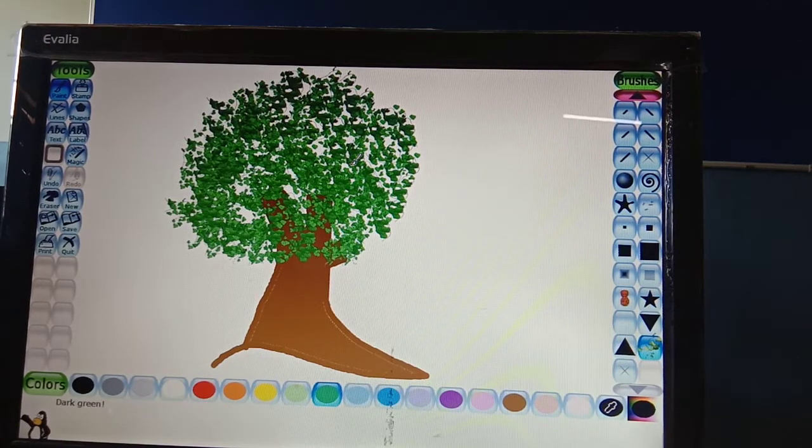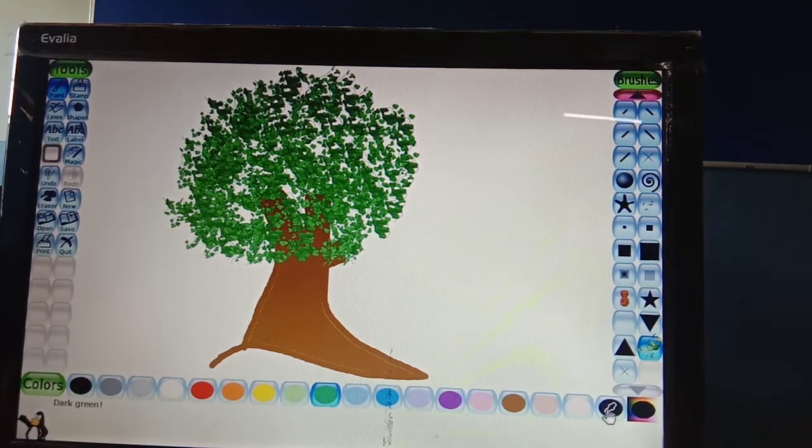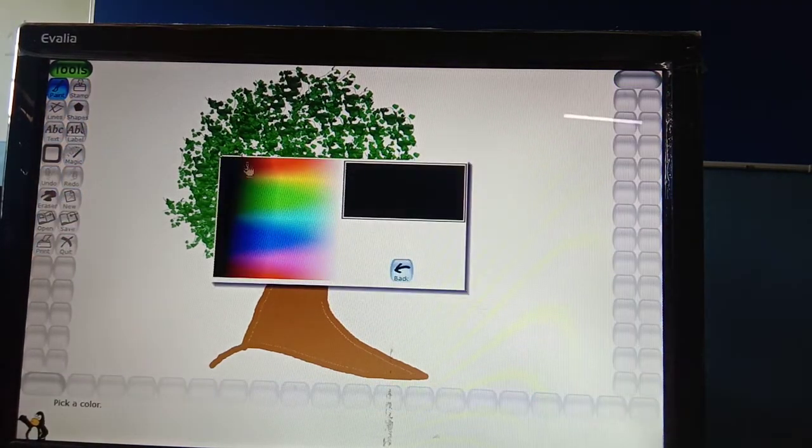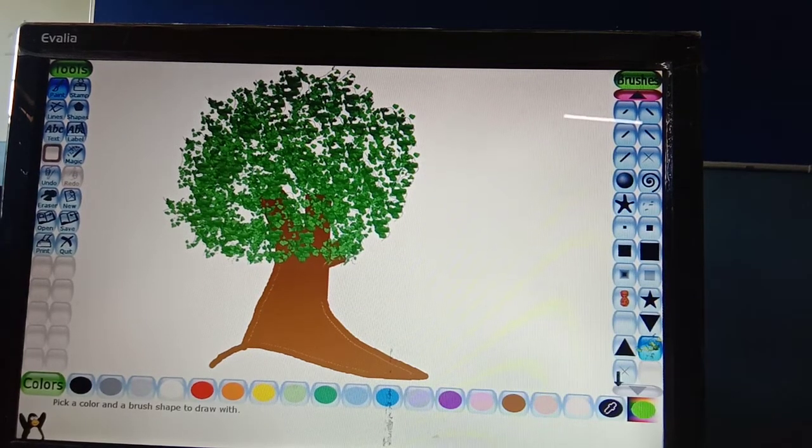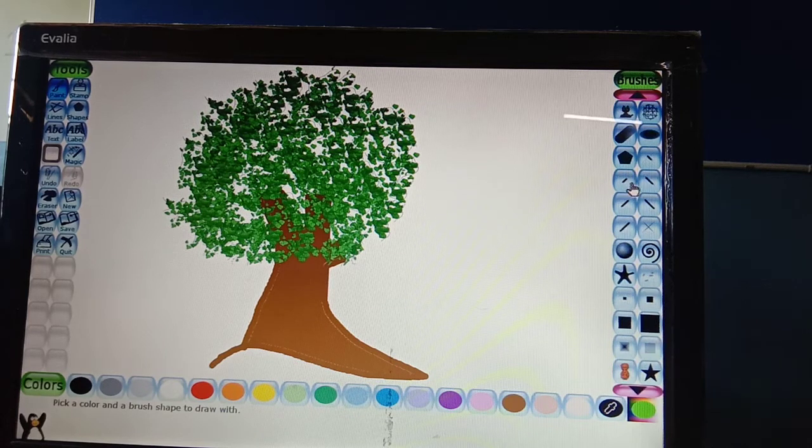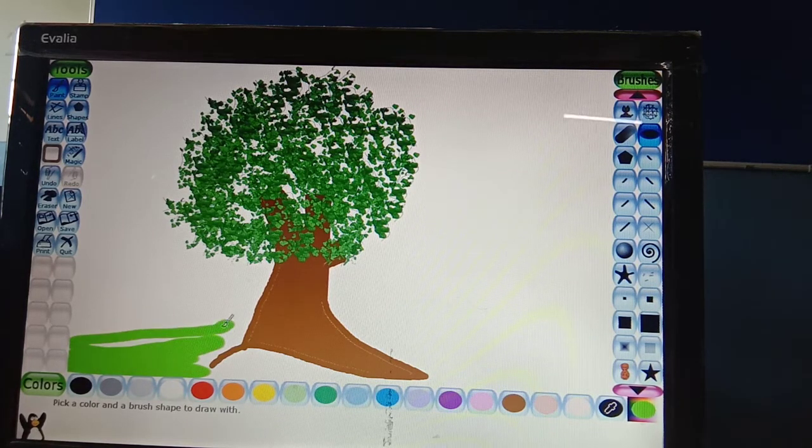Let's take a green color around it. I'm choosing a different color, for example, this color I want, and I want this area to be filled by this. I'm just putting this over this, coloring this. See the area. First of all, I'm bounding the area from there.